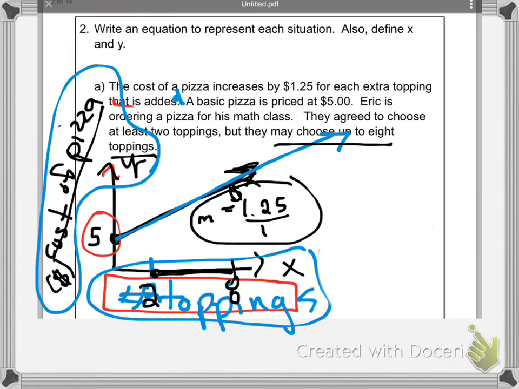So their domain is between 2 and 8. So really, only this line exists. For the line, that part of the line exists. So the domain